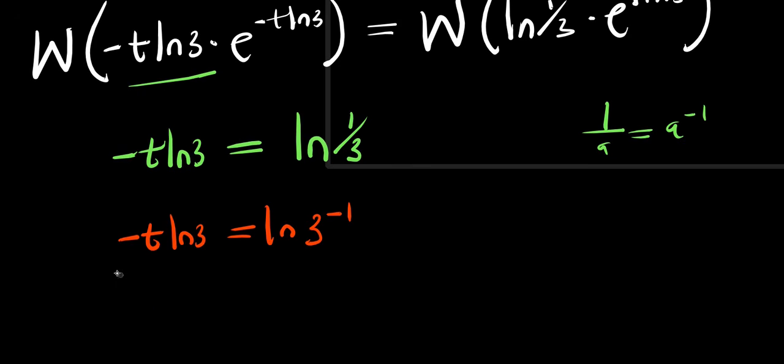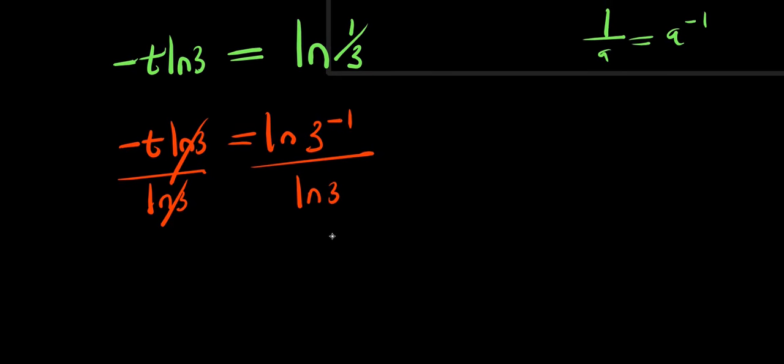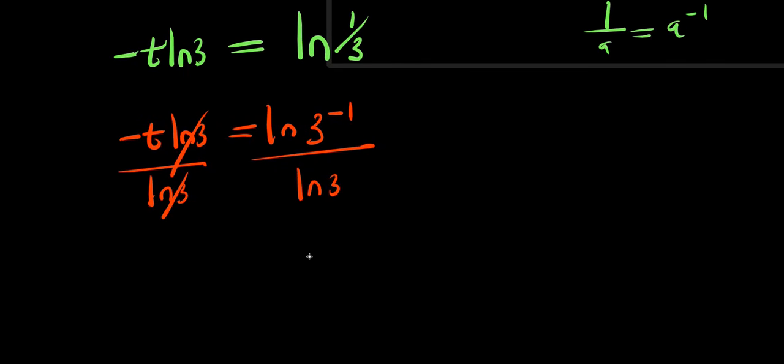So I divide this by ln 3. I divide this by ln 3. ln 3 cancels ln 3. So what will happen here is that we are going to have negative t equals ln 3 power negative 1